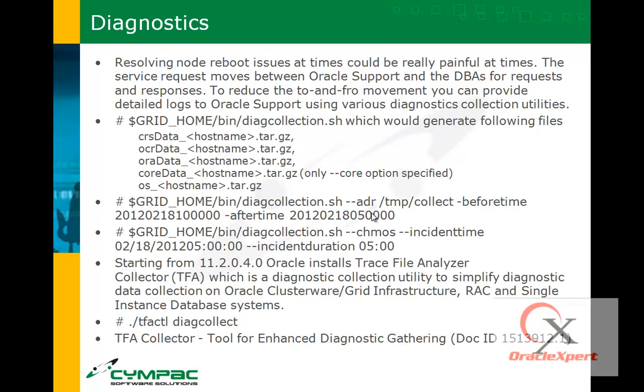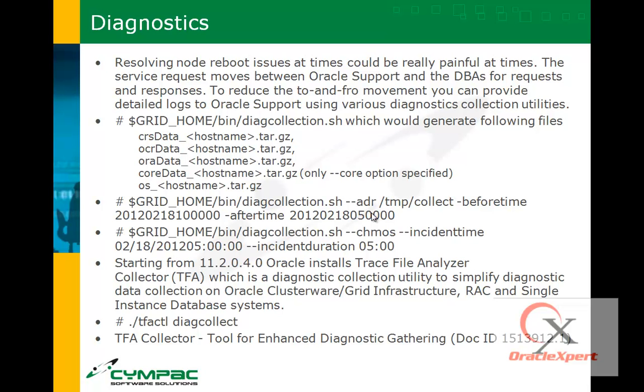So grid home, bin, diagcollection.sh --adr tmp --collect before time so and so, or after time so and so, which is a timestamp. So it will collect all the statistics for that limited period. If you simply run diagcollection, it will collect all the statistics, all of them. Starting from 11.2.0.4, very recently,